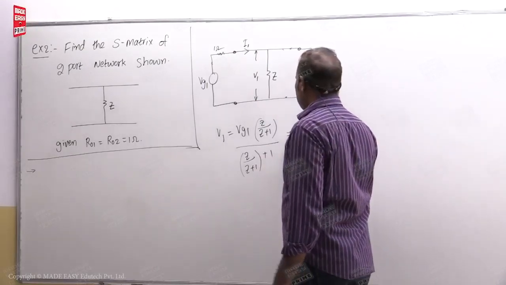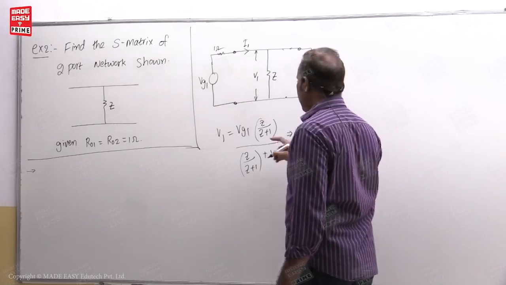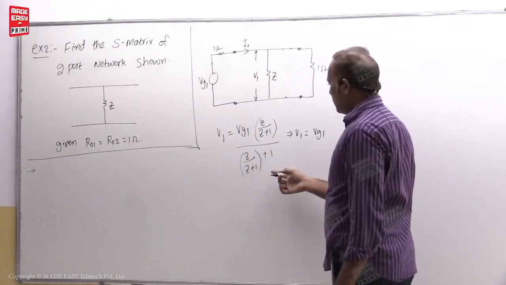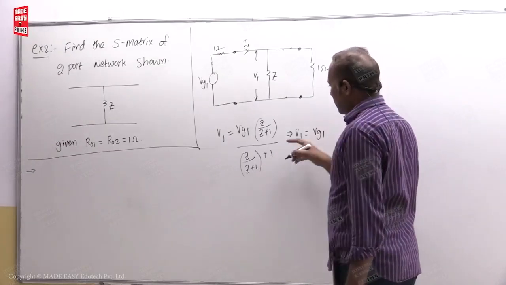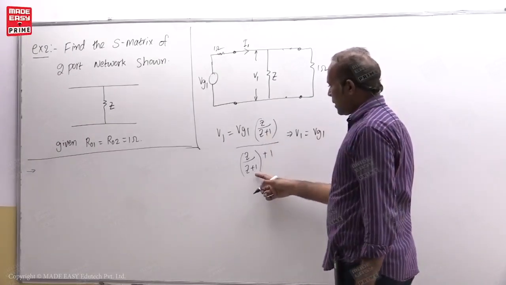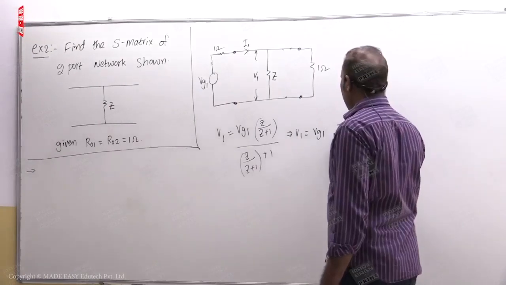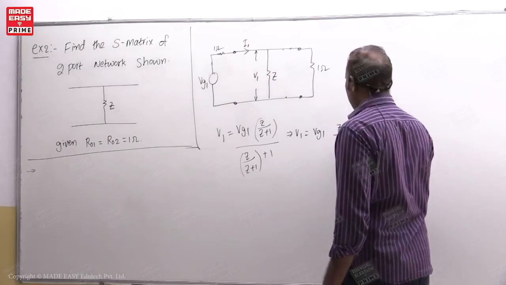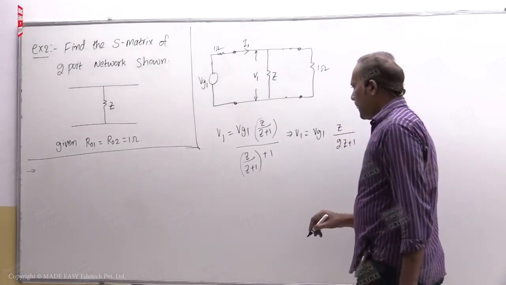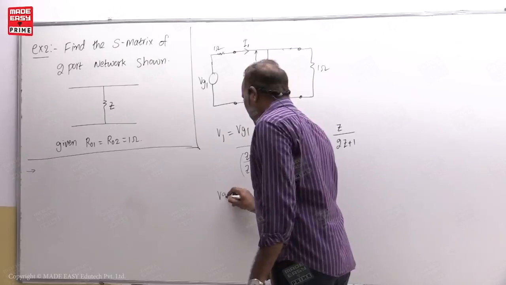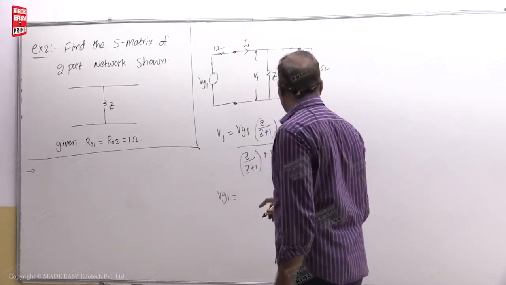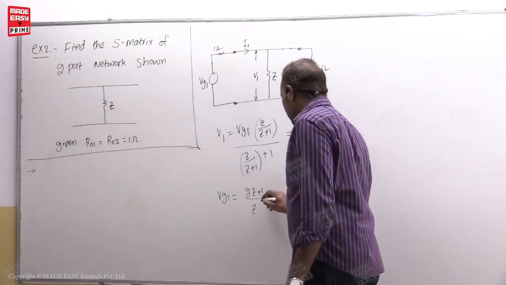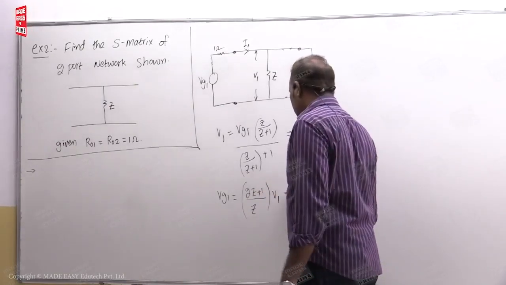So that implies V1 is equal to Vg1, and ultimately here you common this one, so denominator Z plus 1, here also denominator Z plus 1. So ultimately after cancellation you get Z by Z plus 1, that means 2Z plus 1. Okay. So from this, Vg1 is equal to 2Z plus 1 by Z into V1. Let us say this is